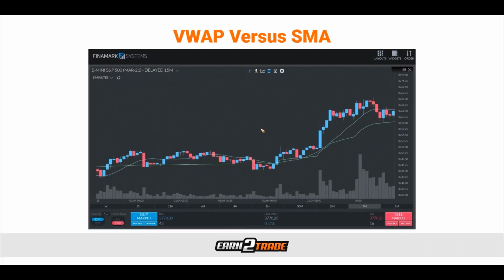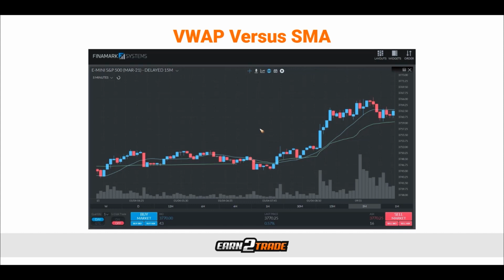When we take a look at a chart that has a VWAP, which is our green line here, and a blue line, which is going to be a simple moving average, it starts to become a little bit more apparent that these two are not the same thing. The VWAP indicator improves upon the conventional moving average like the simple moving average by factoring the trading volume into the price to provide the market participants that are using the VWAP with a better and more complete benchmark. Its calculations are based only on new information, which is relevant for the current market session, and it doesn't consider past data that could be outdated.